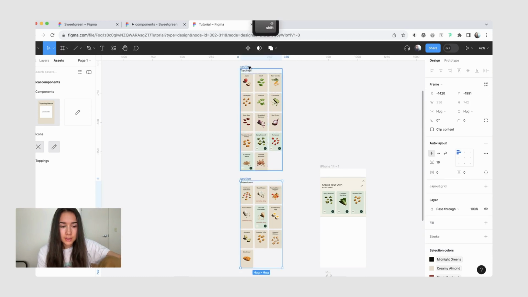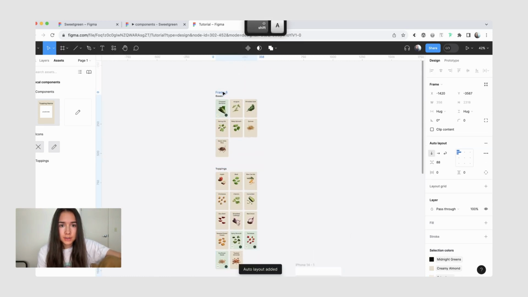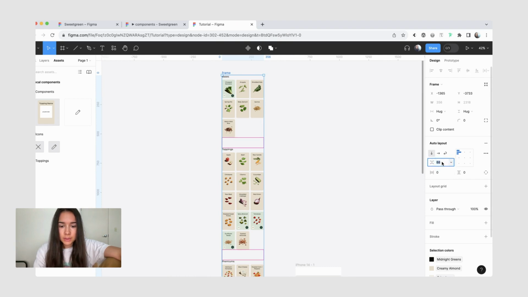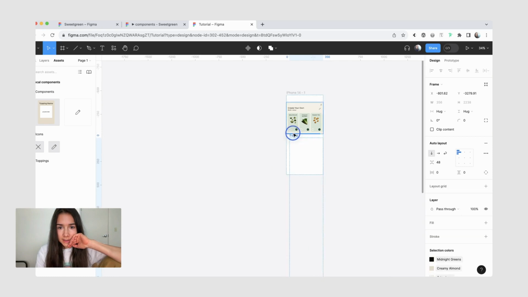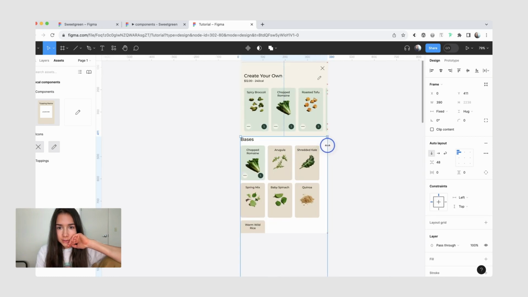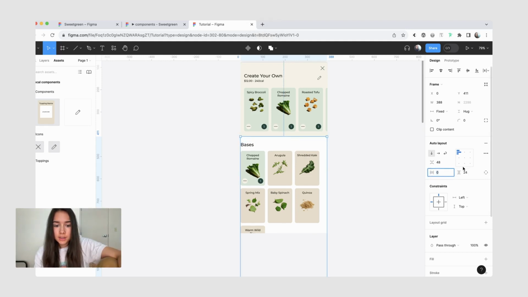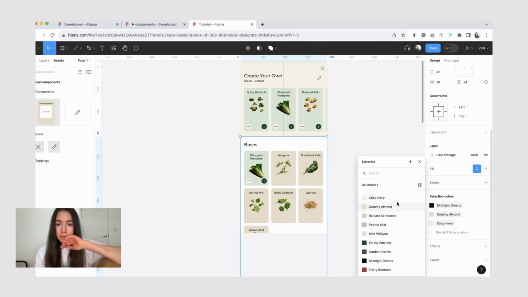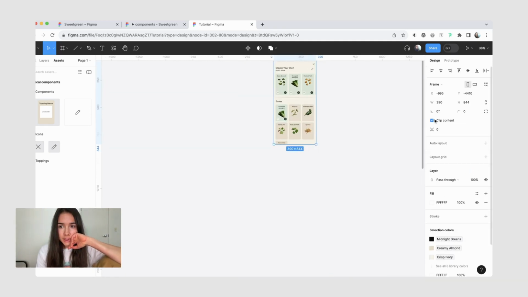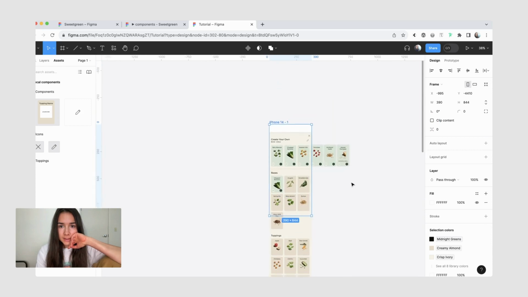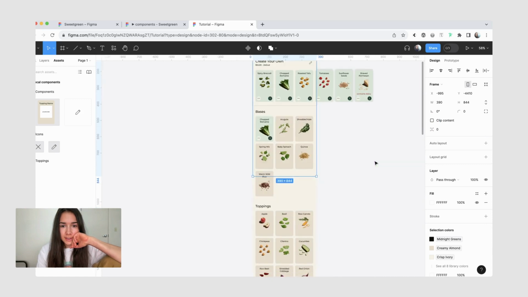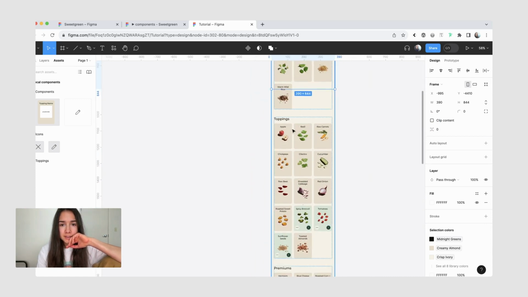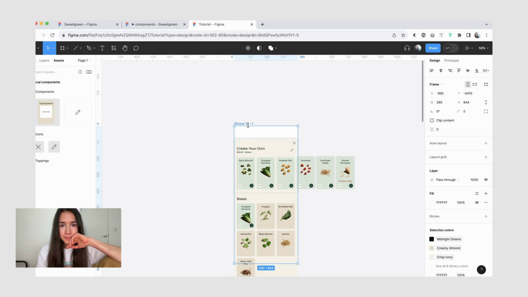What I'm going to do now is select all the 3 sections and we'll set the space in between to maybe 48 pixels. And now I'm going to place it inside the frame and we'll set the height to fixed. And then let's do vertical spacing around 24 and horizontal 16. We'll also give it a fill of crisp ivory. Just for a moment, I can unclip the content and I can see that I still have all of my current toppings. They're just overflowing horizontally. And then I have the full list of toppings and it's just overflowing vertically.